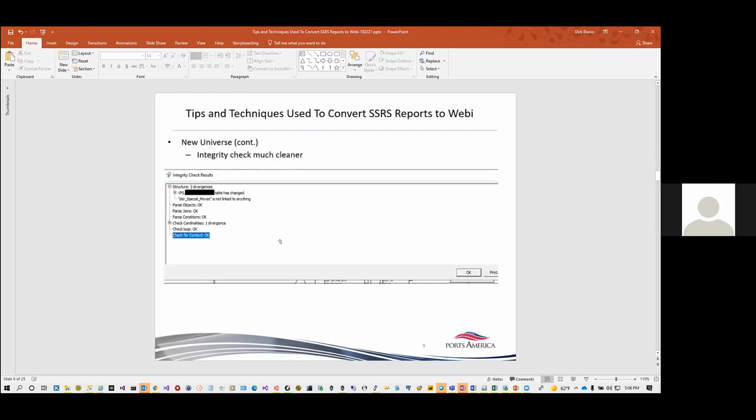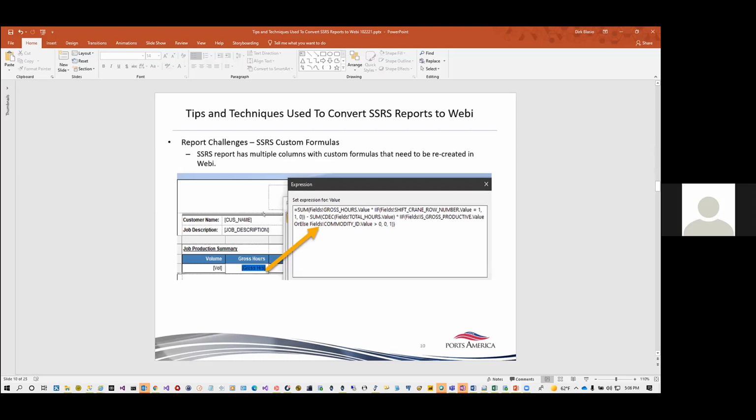Also, running an integrity check, you can see that the check is much cleaner. There are a lot fewer cardinality divergences here. So overall, the new universe is a lot cleaner. So some of the challenges on the SSRS side,